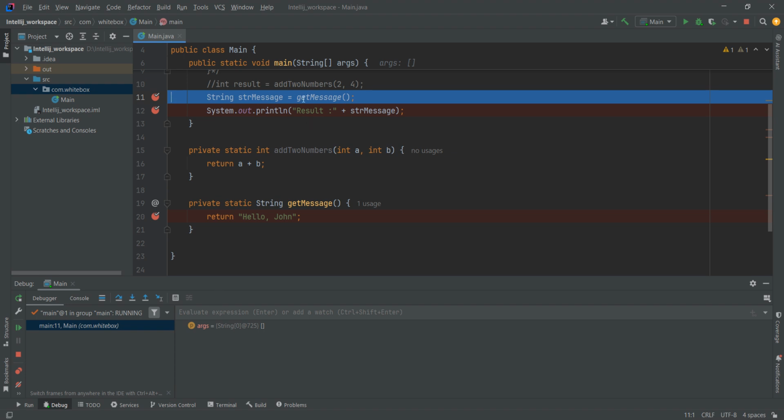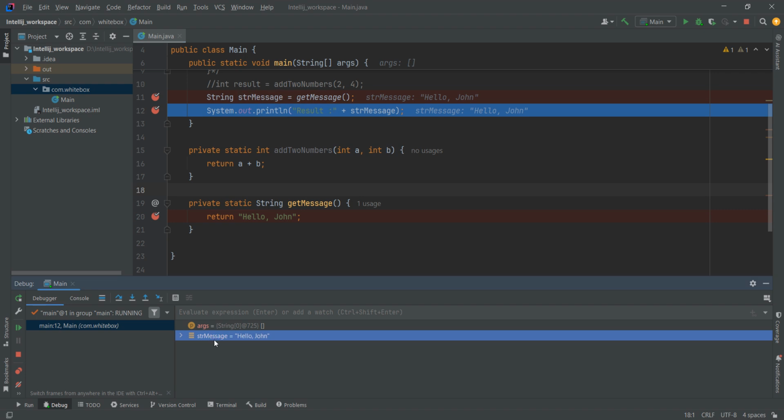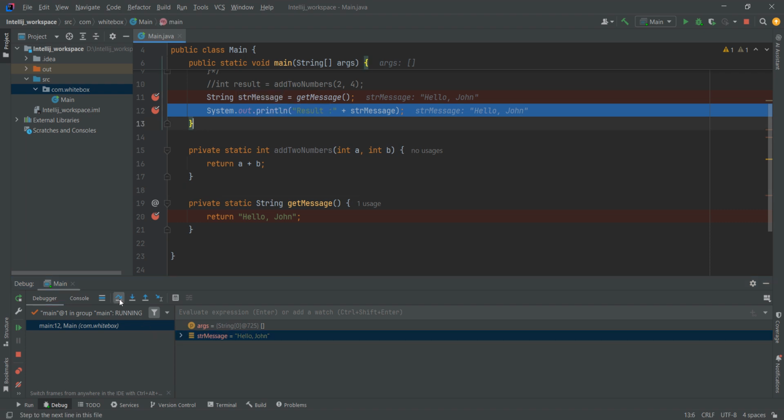So yeah, if you step over, the value which we got from this get message method will be initialized to the str message variable. Okay, so we'll get to know what the value of str message is. You can see over here on console str message equal to hello John, or else you can keep the cursor on the variable. Okay, you can see hello John. So that means at runtime when you run the program, you will see the value. Okay, and step over